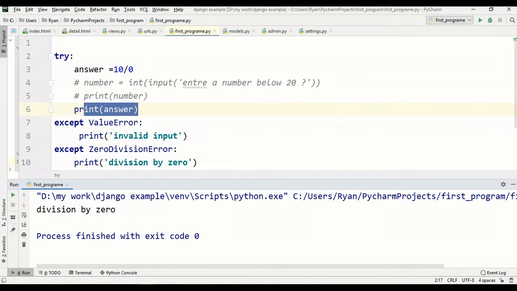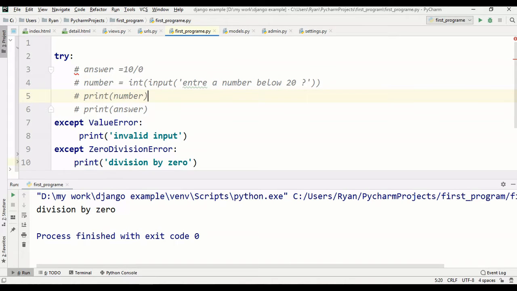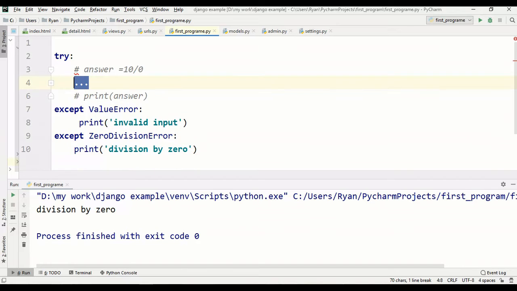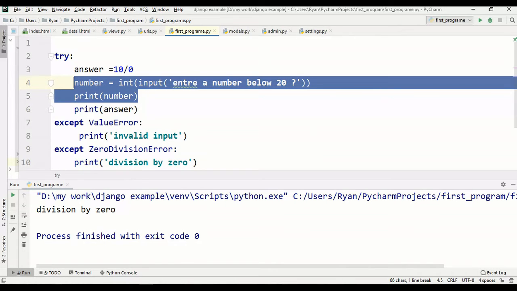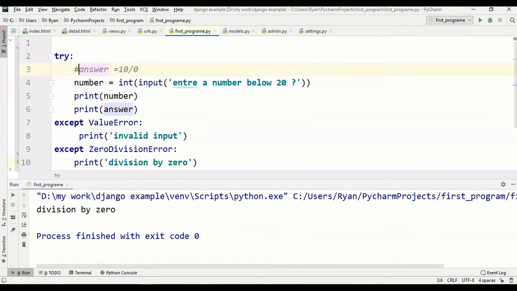So when we comment out this print, and also we comment out answer, and we comment this, also this, and we try to run our program,